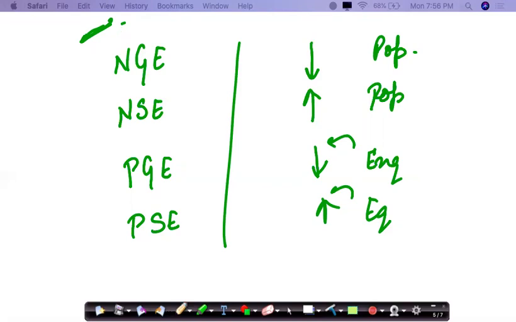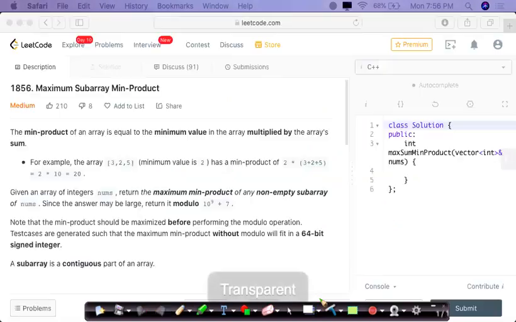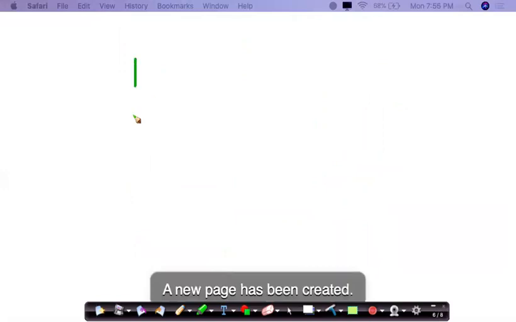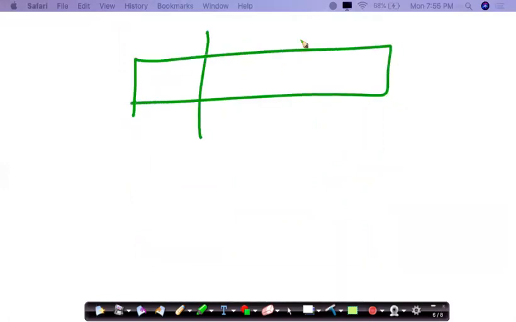Okay, now that you have found out the next as well as the previous smaller elements, that is the left bound as well as the right bound indexes, what is the next step? The next step is to find out the min product.